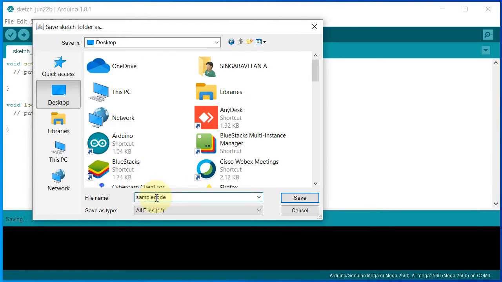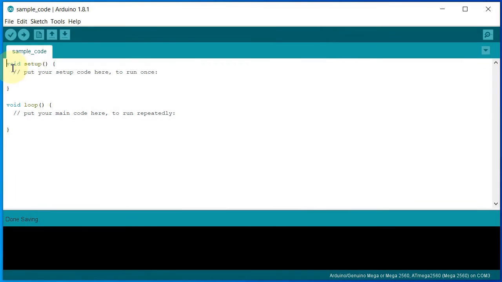That is very important to note. If you want to separate words, use an underscore so that the space is not taken into account and an error will not come. So I am saving sample underscore code on the desktop. Now you can see the file name has changed here and also here.